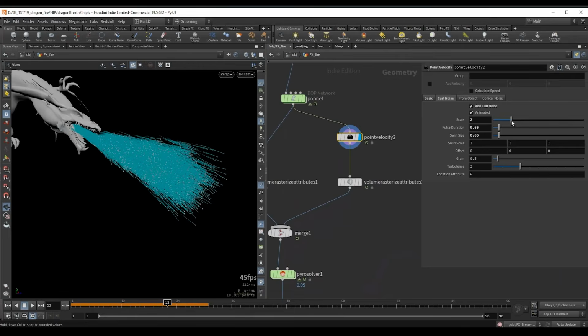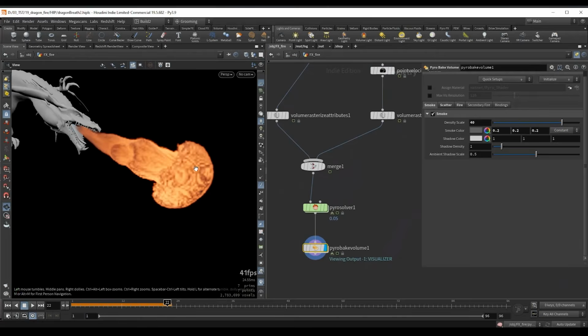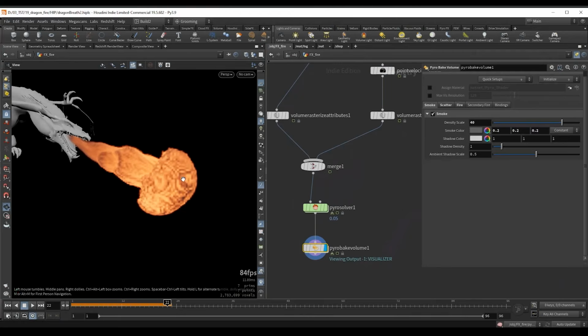Let's set this back to a value of 2. And if we have more noise on our velocity, we are going to have more breakup. But also this mushroom cloud is happening because the velocities are changing too fast. So this is sort of going from 0 to 100 in like half a second. And this is where the mushroom cloud starts to appear.